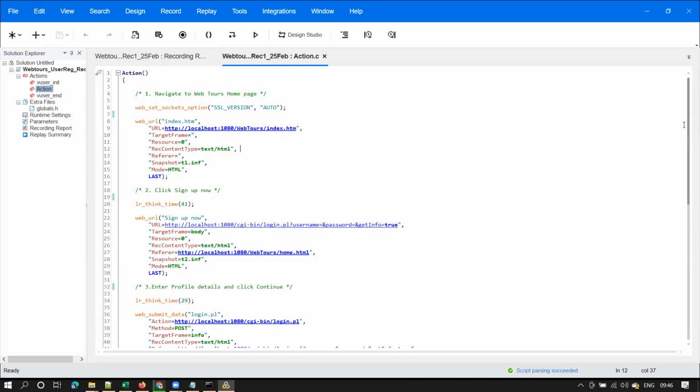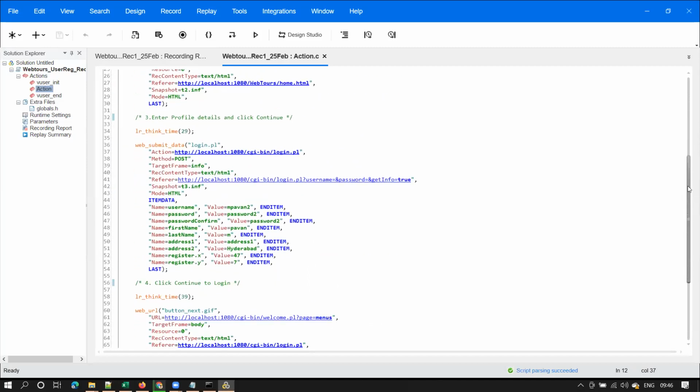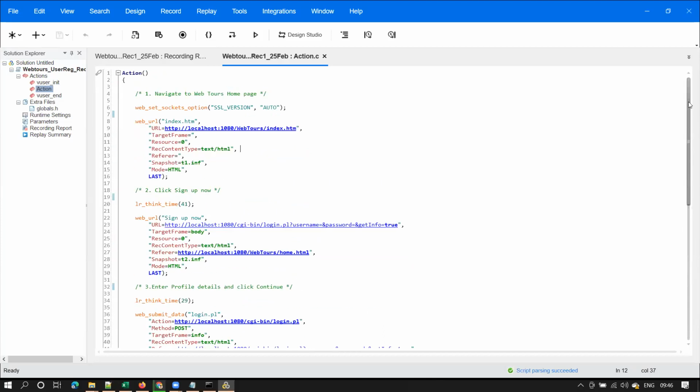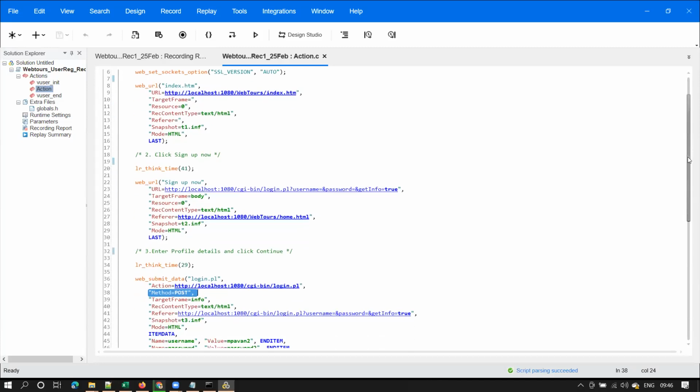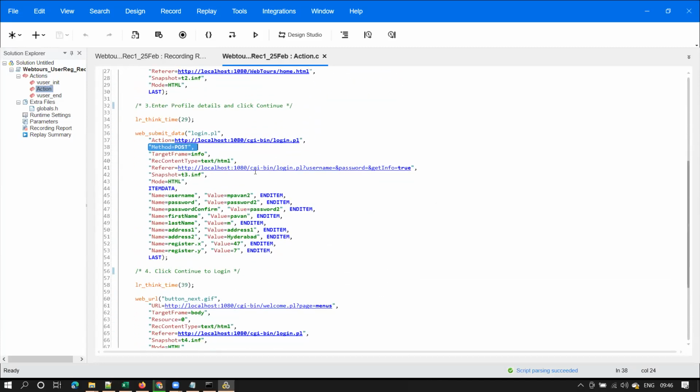No. And you should understand why, like what is an HTTP request, what is a post, and what is a get method and all this. I'll show you that. Observe here in this script. You see something called method is equal to post, right? You understood now why I spent that much time on covering the basics.